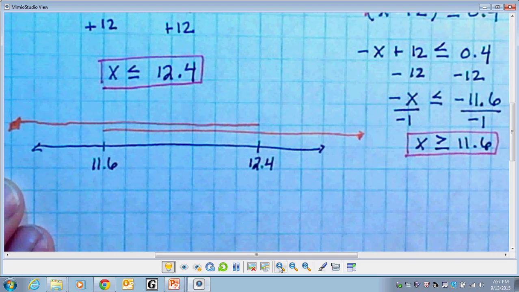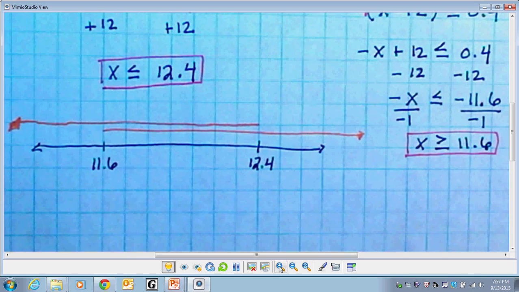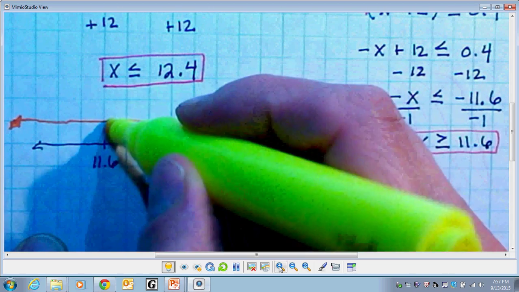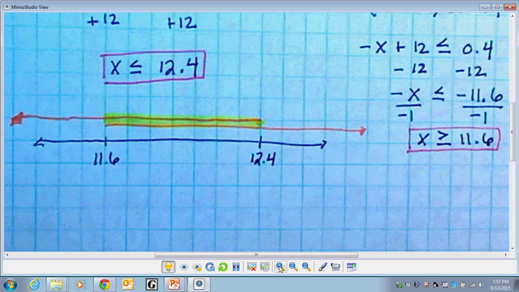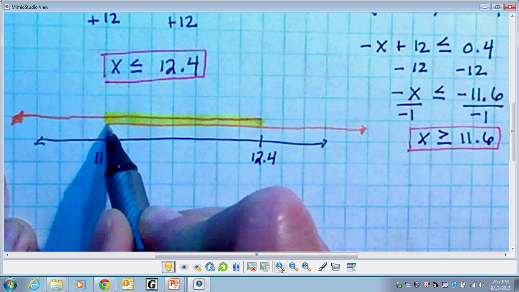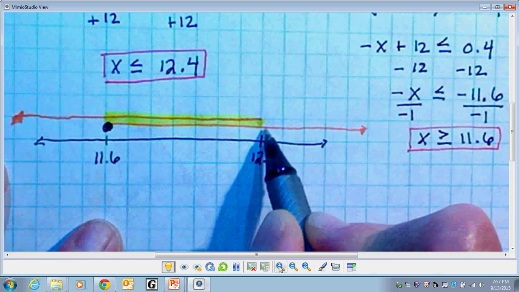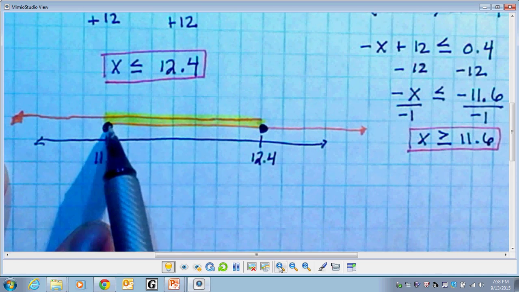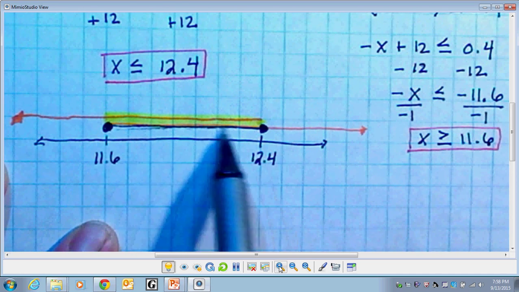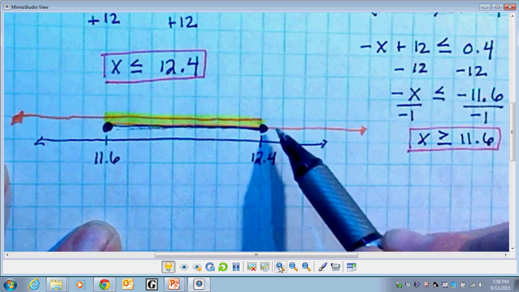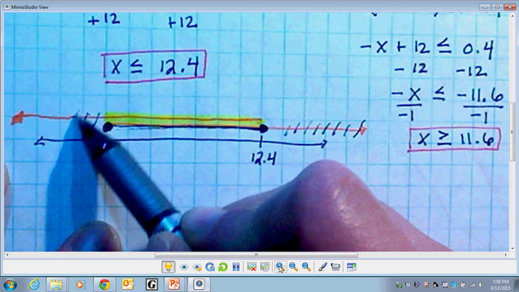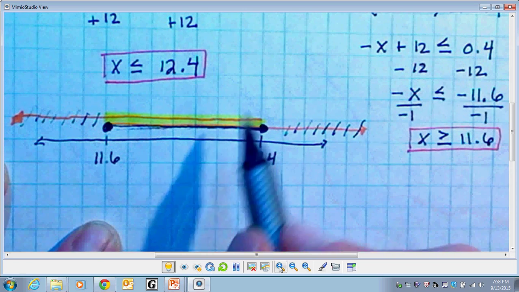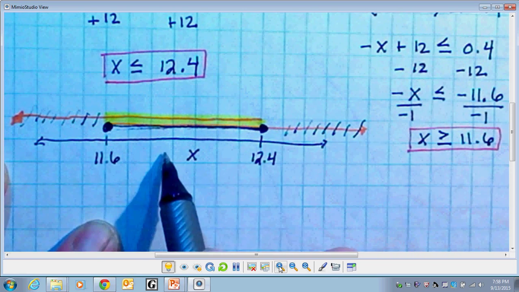Well, where do the lines overcross? Where are they both within? So within is everything that they share. Okay, so it's everything in between. So that means when I graph it, it can be this, it can be this, and it's everything in between. I am not going to, this is not a part of the solution, and this is not a part of the solution. Okay, my x is right